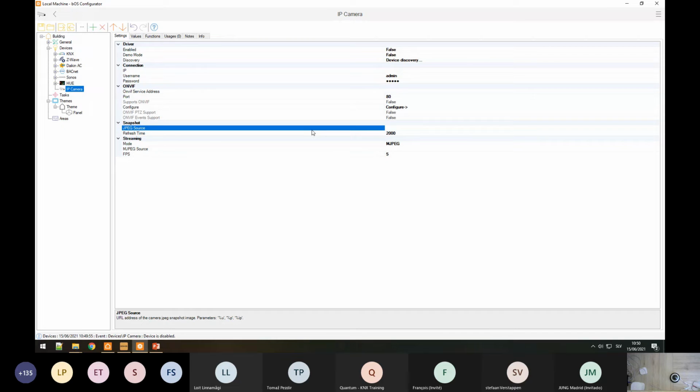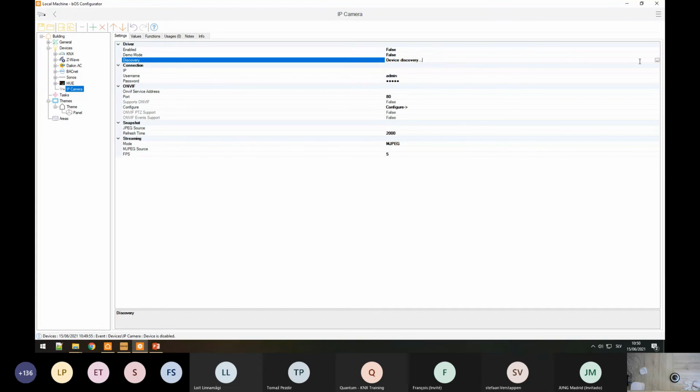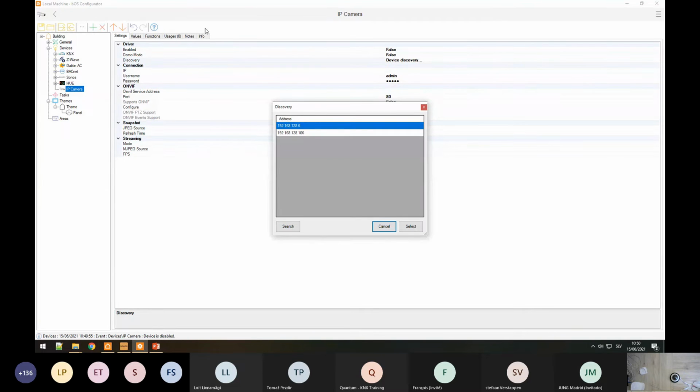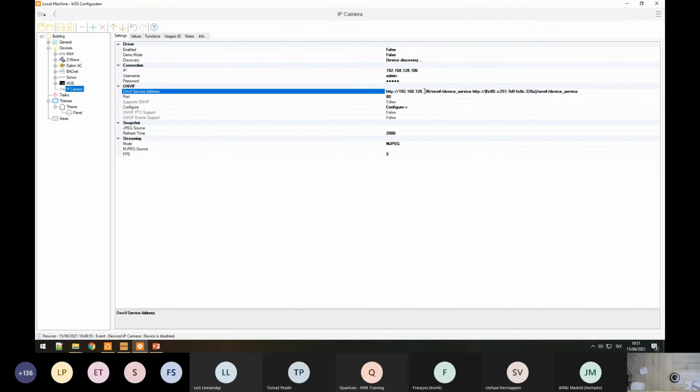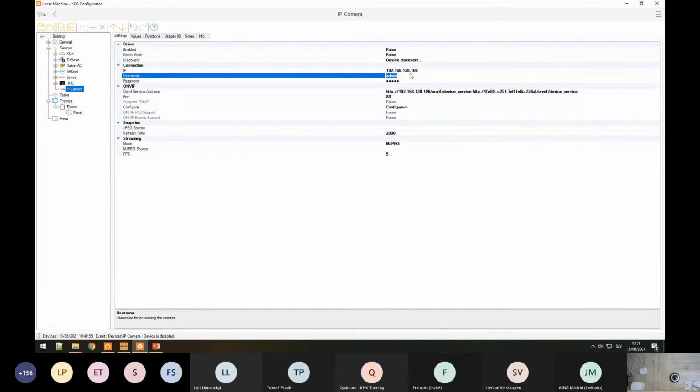But in most cases nowadays, cameras support the ONVIF protocol, which means that if you have the ONVIF login credentials, you can add them, and then the camera will provide basically all the URLs that you would require to make the connection possible. This Hikvision camera does support ONVIF. So I'm just going to select the discovery button, select this camera that's next to me and click select. You can see that BOS has now filled in the IP address and the basic ONVIF URL. All I need to do is change the